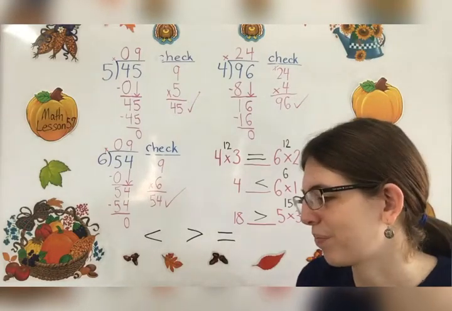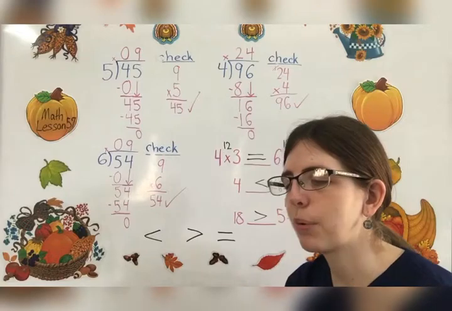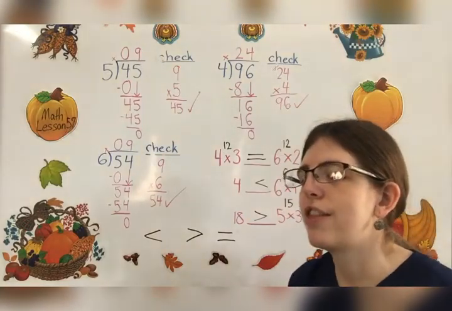Number 7 says, use the table to plot the points on the line graph. Then draw lines